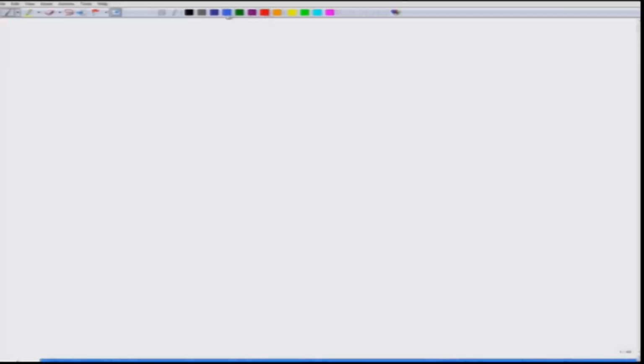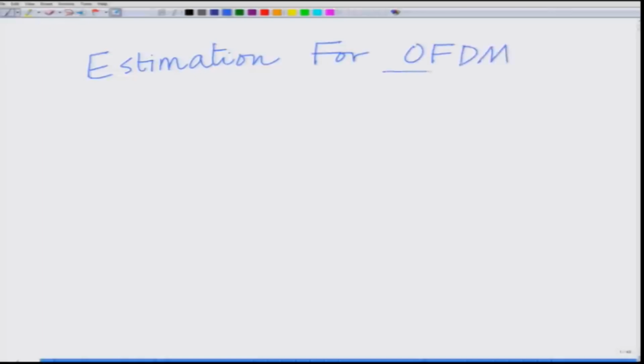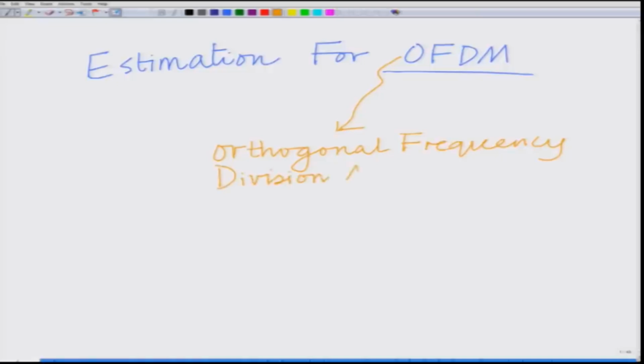So, we are going to start looking at estimation specifically for OFDM, that is our aim starting this module, estimation for OFDM, where OFDM stands for orthogonal frequency division multiplexing, and in fact OFDM is a very modern technology and OFDM is